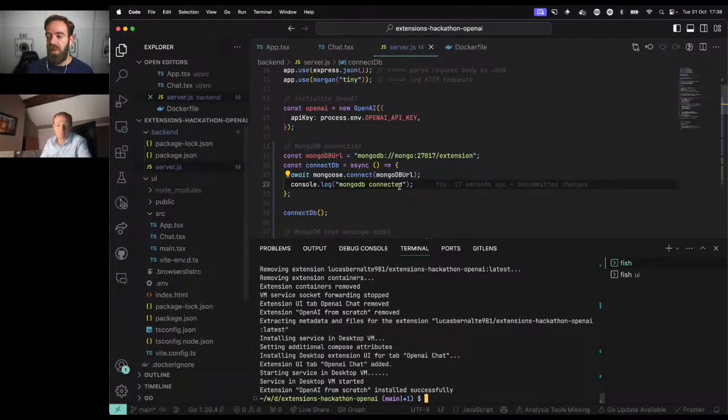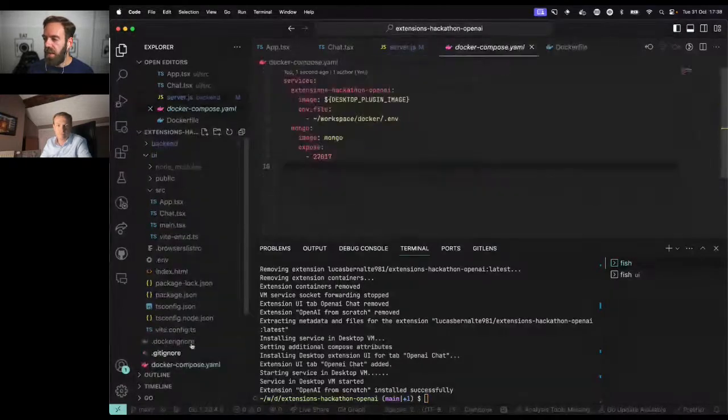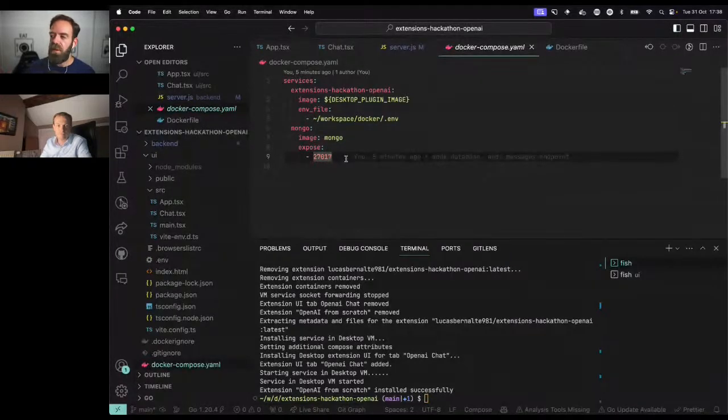Yeah, I think everything that we did today, like having a backend written in Go or Node.js, having a compose file that also spins a database and integrating that to the backend and connecting the front end to the backend, that could be done in Windows, Mac, or Linux the same way, without doing anything else.